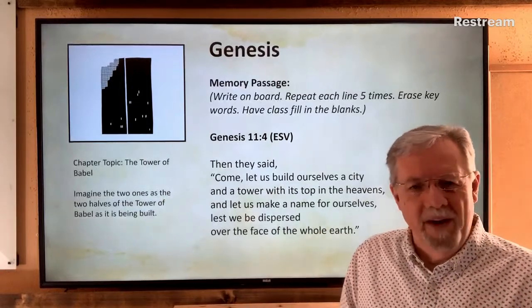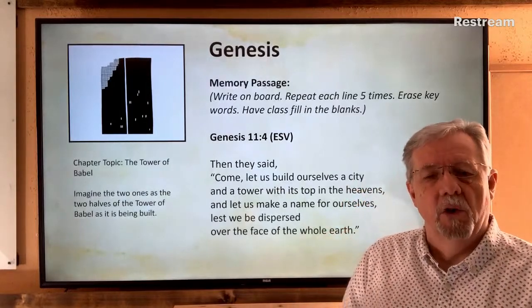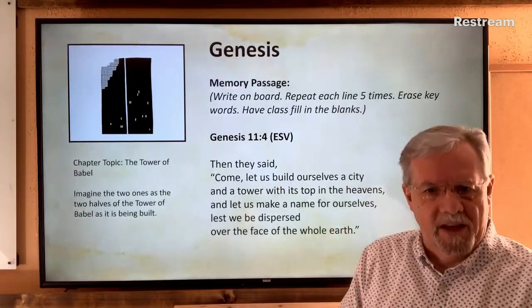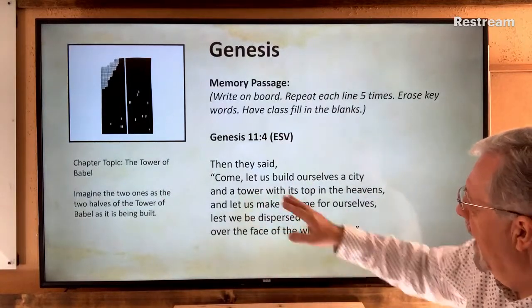Memory is something I've never been really good at. And the older I get, see my gray hair, the harder it gets for me. But repetition is the key to remembering. And so if you'll do this 5 times, then they said,